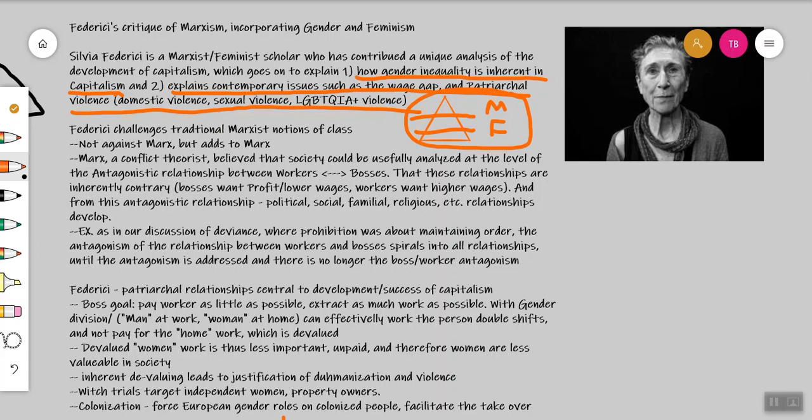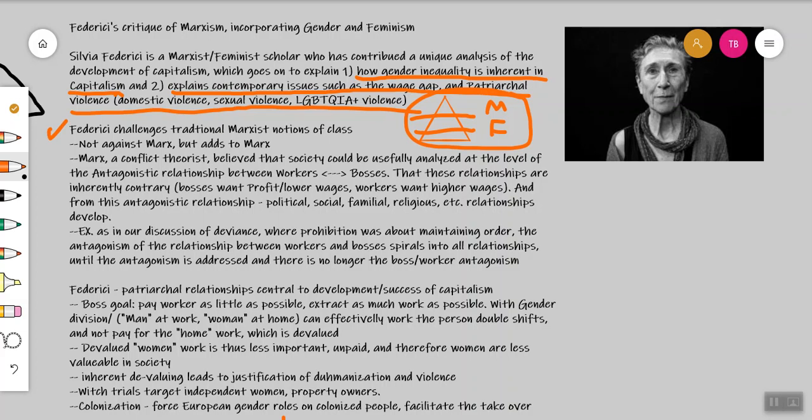So domination in the economic sphere also leads to domination at home, in religion, and society and politics. It kind of has a cascading effect and a mutual effect. So the effect goes both ways. So again, specifically what Federici does, going on to this part here, is she challenges the traditional Marxist